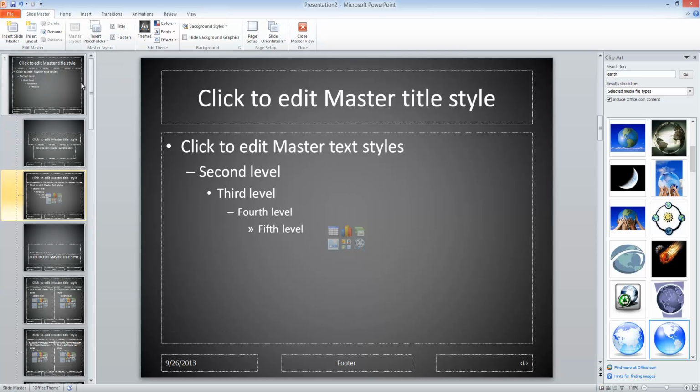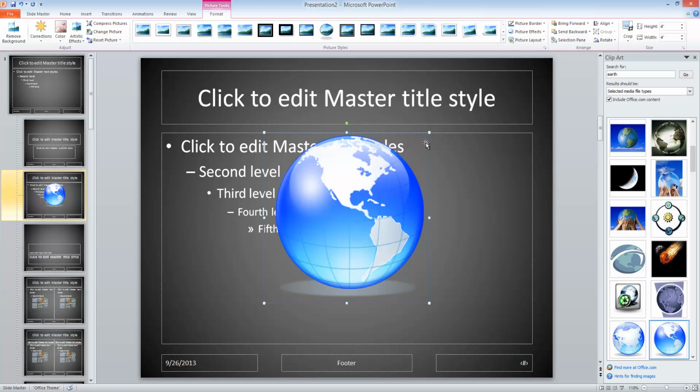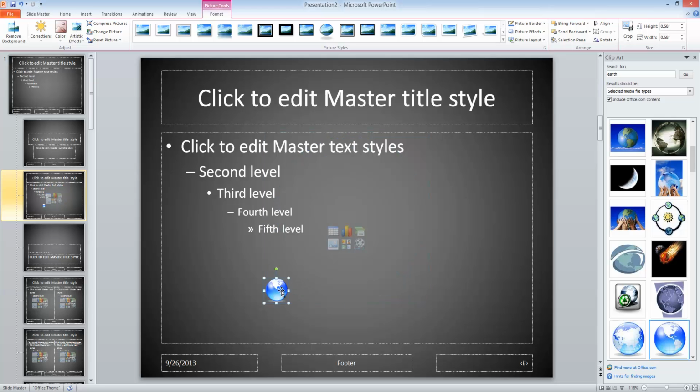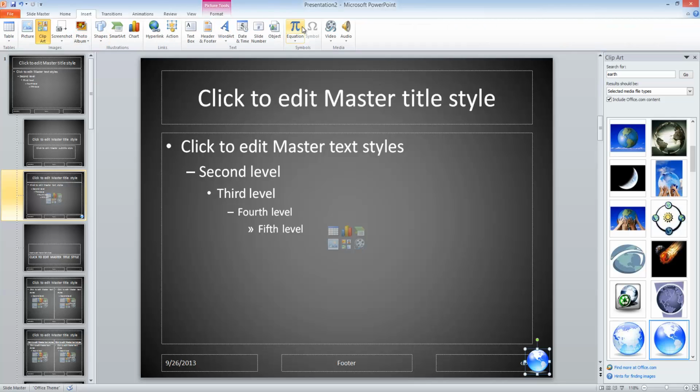Click on that, and here with slide master we can edit how we want each individual type of slide to look. So if we want to edit our title slide, we can do that, but right now we are on the title and content layout, so we're going to edit how we want each one of those title and content slides to look. So we're going to insert this Earth here while we're in the slide master view. So insert, we're going to resize this logo, and we're going to make it relatively small. We're going to place it in the bottom right hand corner there,